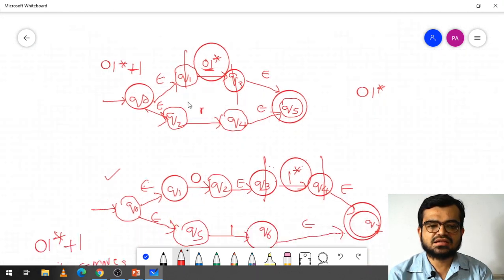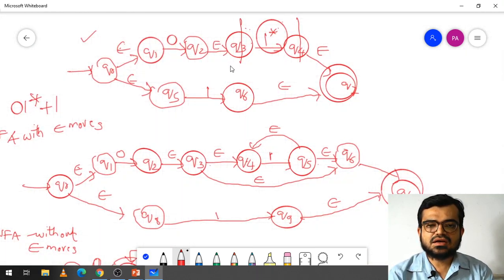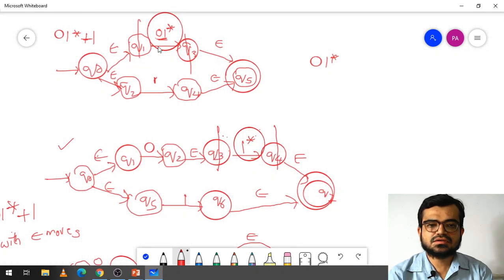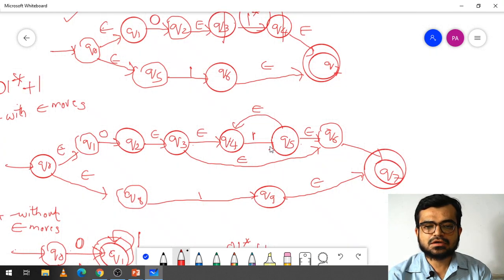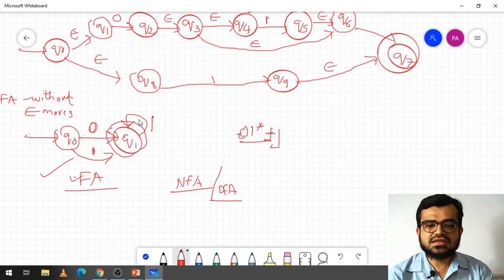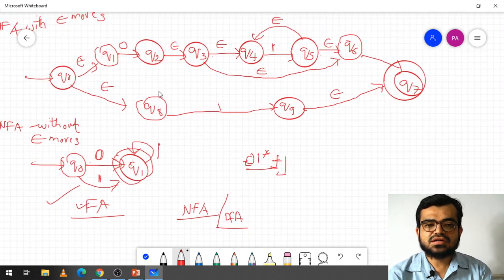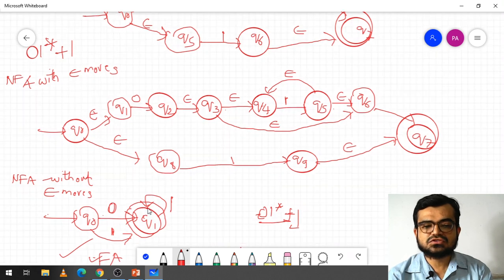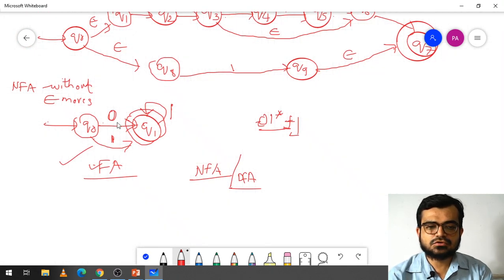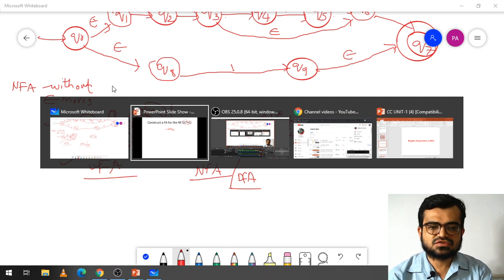Initially we performed this union operation with epsilon moves, then in the second step we performed concatenation, and in the third step we performed the closure, and finally we got an NFA with epsilon moves. This NFA with epsilon moves can also be converted directly into a finite automata by this simple technique, but you can also perform it with epsilon closure.